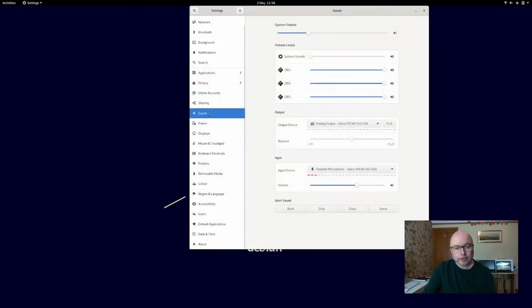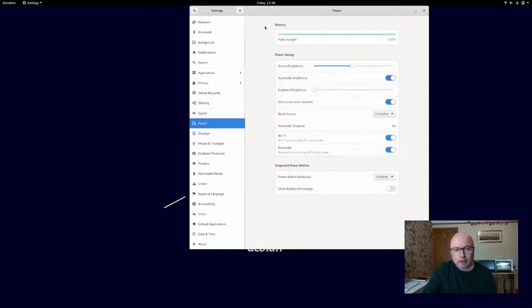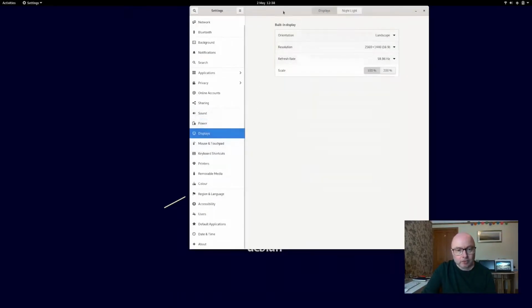You get a pretty decent sound control panel, so you can choose the applications that you want volume on. You can choose your input output as well, which is quite nice. Power, you get your power stats on your battery, etc. It's quite handy for your laptop. And displays, it does support fully my UHD display on this laptop. However, I've dropped it down to 2560 by 1440 just for comfort on my eyes